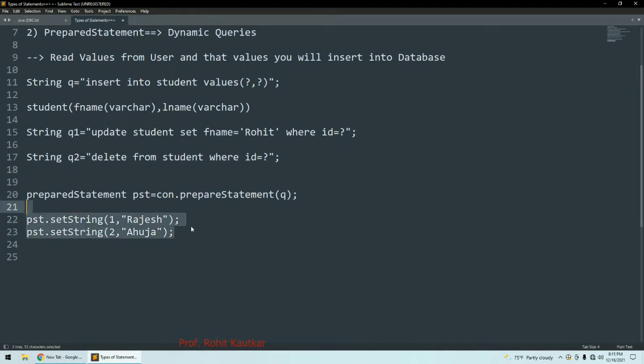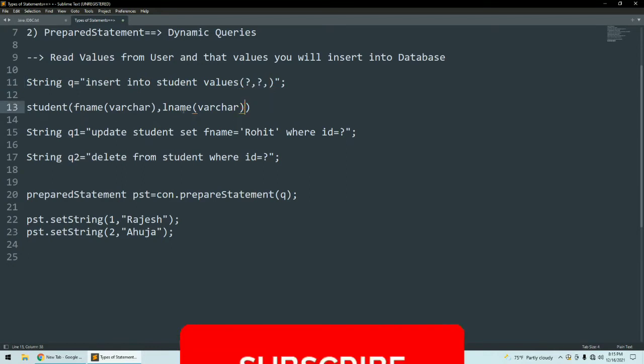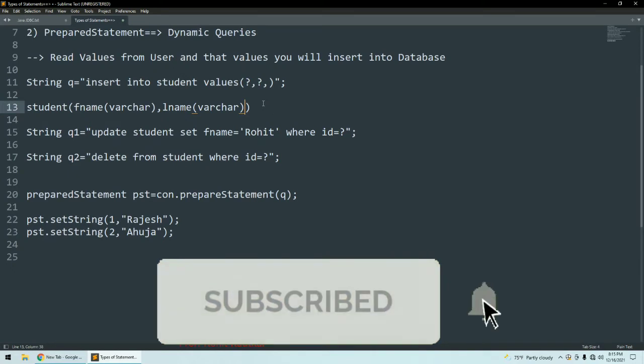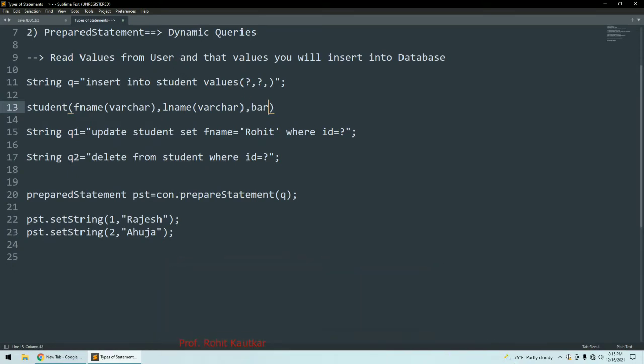This is how we will set the parameters for our parameterized query. For example, there are 3 columns in our database. Let's say first name, last name, and let's say branch. Branch is also there.